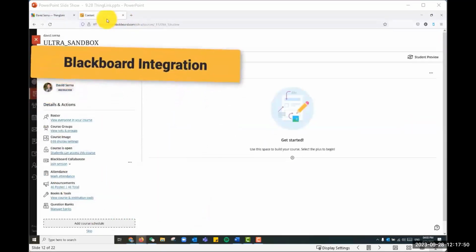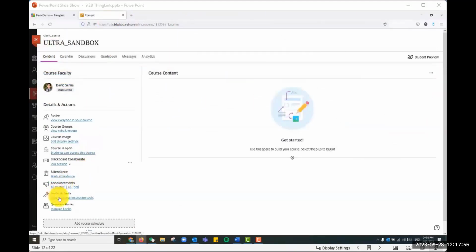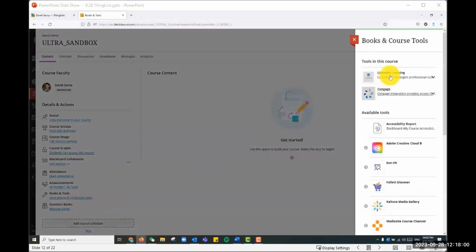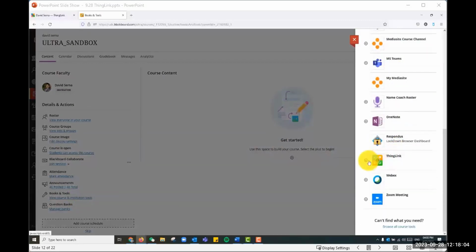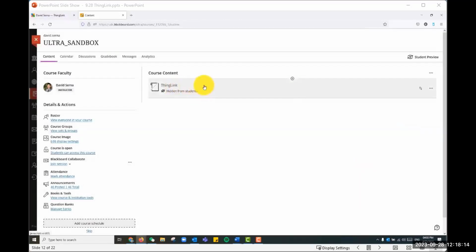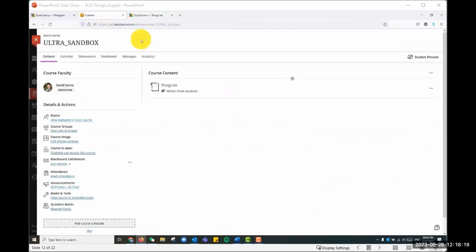Second, you can log into ThingLink using the Books and Tools feature on Blackboard Ultra. On the left-hand side of your course, click on Books and Tools and view Course and Institution Tools. On the right-hand side, scroll down, and you should see ThingLink towards the bottom. Click on the plus sign. If you do not see ThingLink here, click on Browse All Course Tools to find ThingLink. Once I click on the plus sign, I'm able to log into ThingLink from within Blackboard. I can also make this visible to students by clicking right here, and now students can also access it through